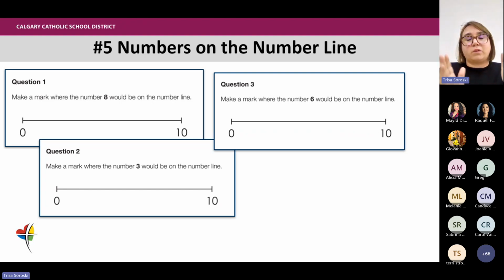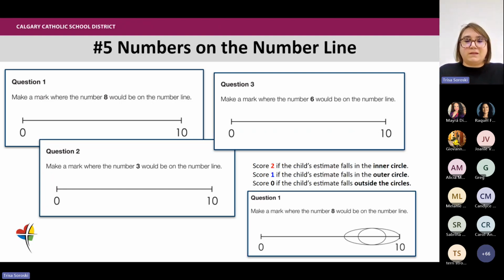This one is not worth spending a lot of time on because we're looking for growth over time, over 3 or 4 years. So if they start at 0, actually that's really good. It's perfectly okay. You don't have to be pushing them to learn number lines right now. If they can't do the example, just put a 0 on the test. Maybe they can do question 1 and that's kind of it, and that's okay.